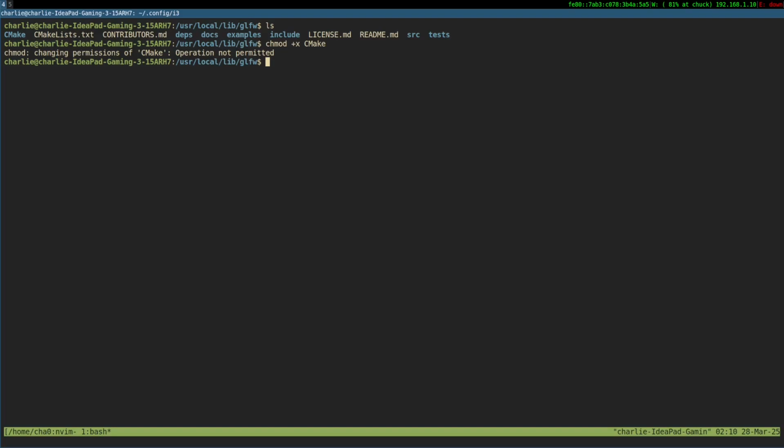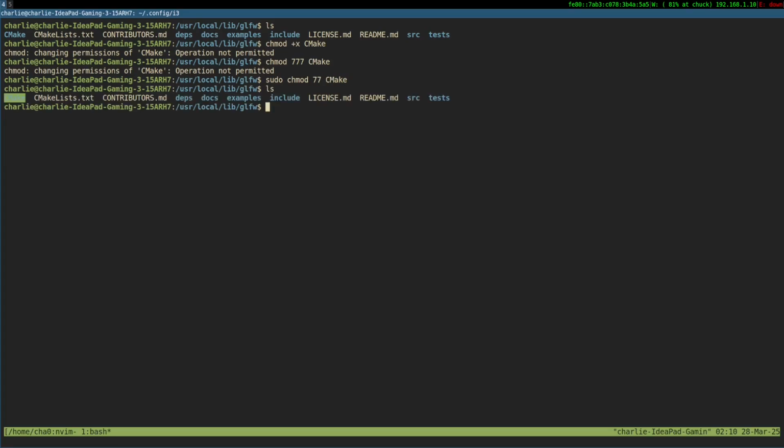Changing permission of cmake operations. cmake. Okay, unable to recreate the private package directory.